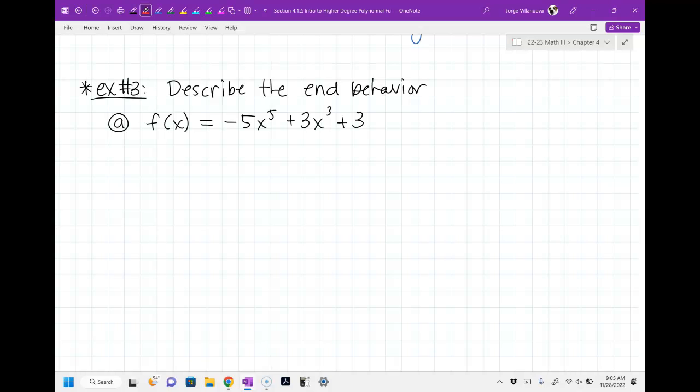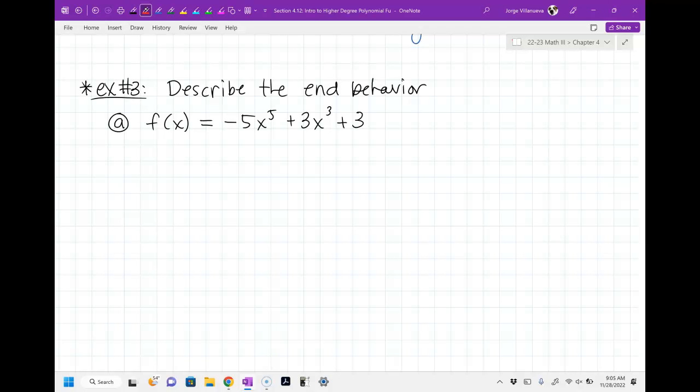So the way you're supposed to do these problems when you describe end behavior, ask yourself first, is my degree even or odd? Odd. What's my degree? It's a 5, right? 5x to the 5th power. So it's odd. So that means that now all I have to do is figure out if A is positive